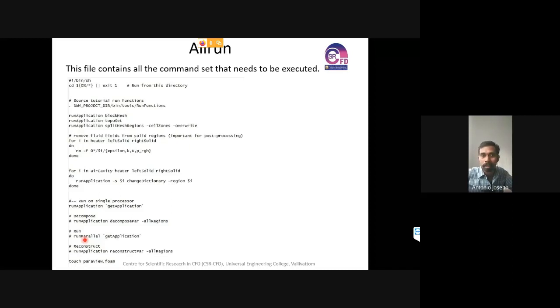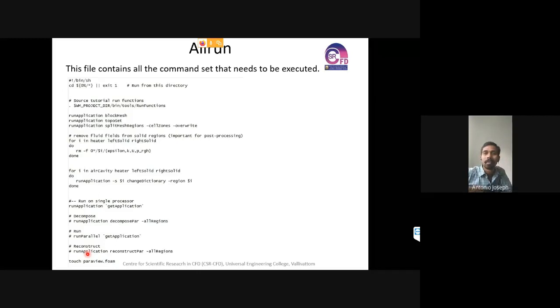And after the solution gets converged, or at the end of the time that's specified, we'll be executing the command reconstruct. All the regions that were decomposed will be reconstructed back, and that will now be a single geometry. It will have different domains anyhow, but it will together be called a single geometry now.